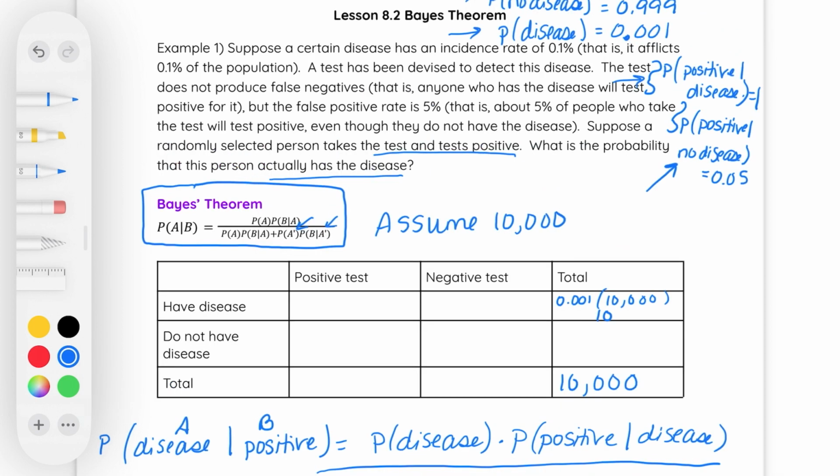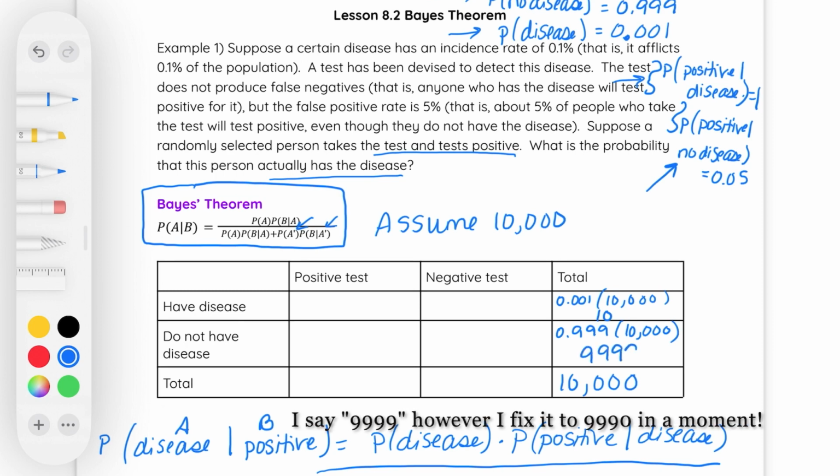We also know that if they do not have the disease, of all of the people is 0.999, or 9,999, which you could easily have done by adding these two values or subtracting 10 to get